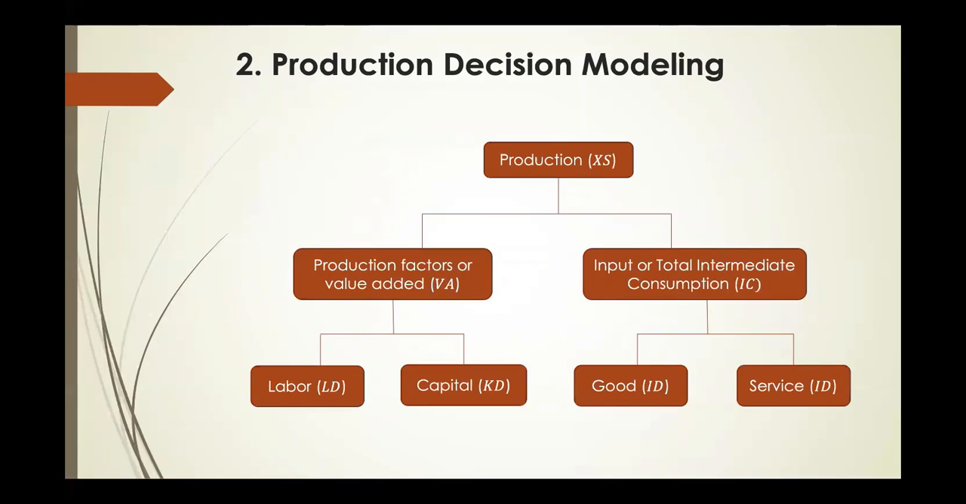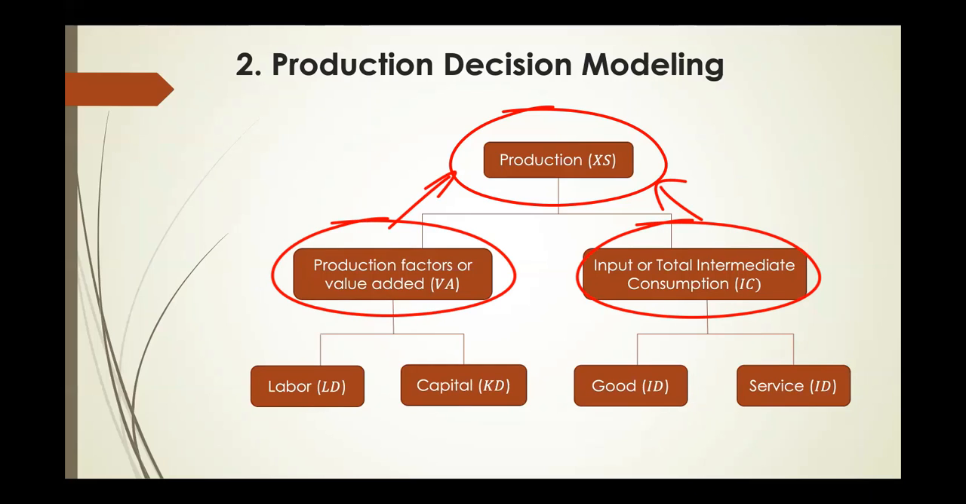Production decision modeling. We start with the production decision modeling. The model of the production decision aims to determine the volume of goods and service supply to the markets by our industries, the two industries, and the volume of input and factors demanded from the market by these industries. In this regard,